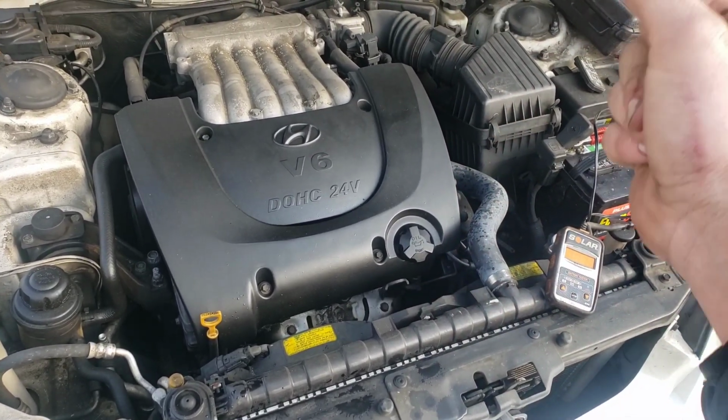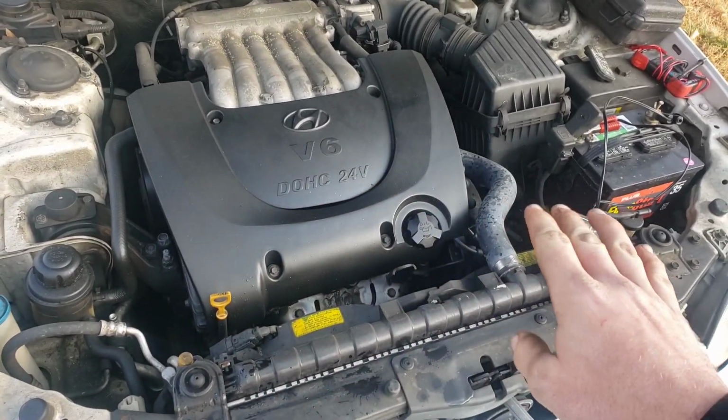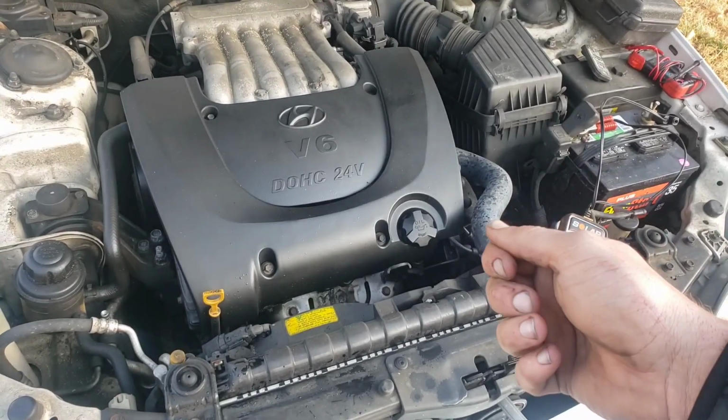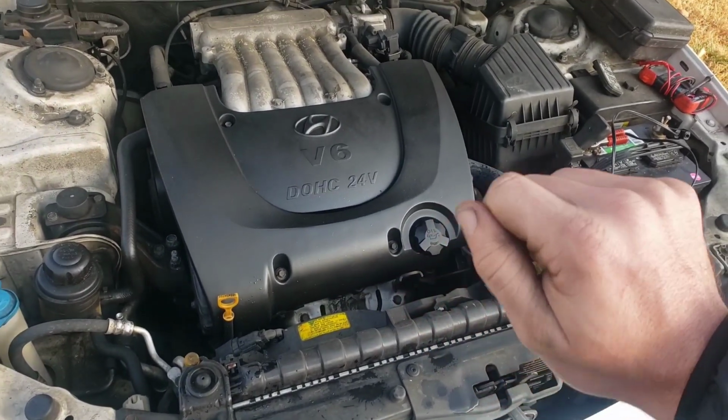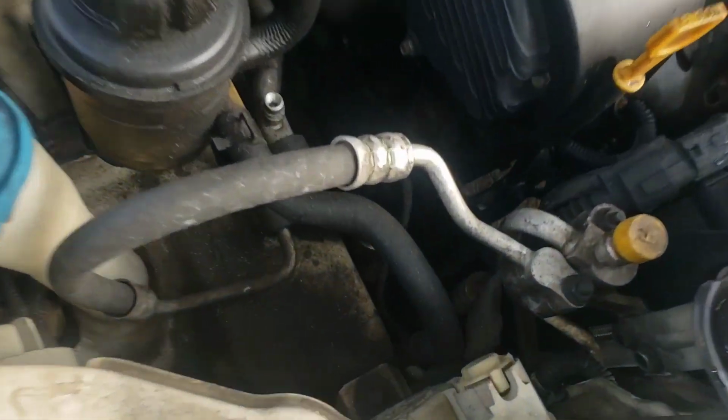Also, the car cuts off on you. That'd be a second thing. If the car never cut off on you, and you try and start it and it's acting like a bad battery, it's probably a bad battery. If it cut off on you and it's acting like a bad battery, that is a very good indication it's a bad alternator. And the other thing we could do to check it,